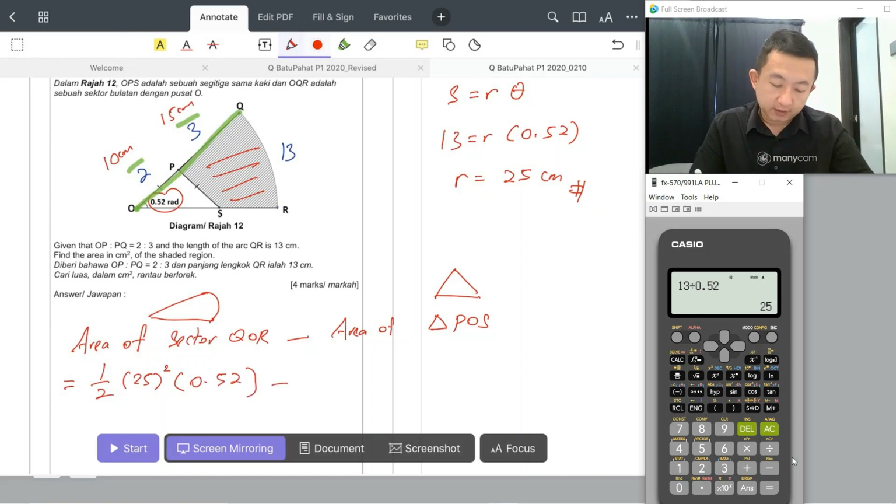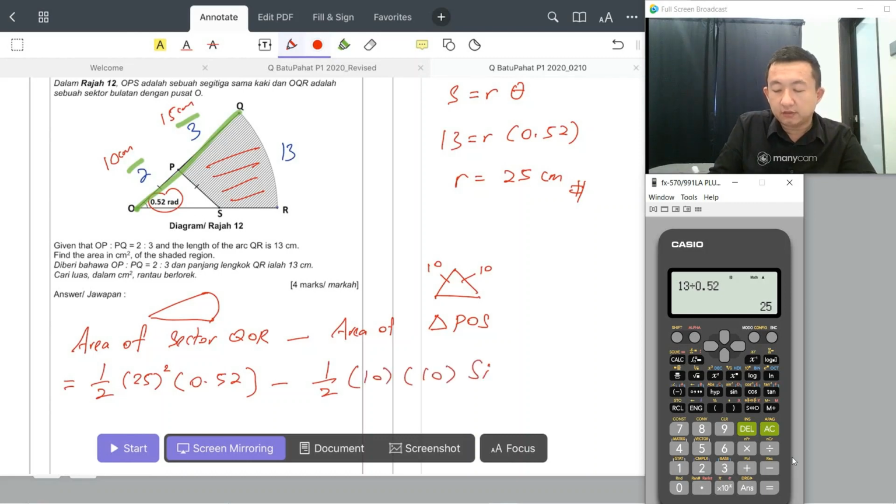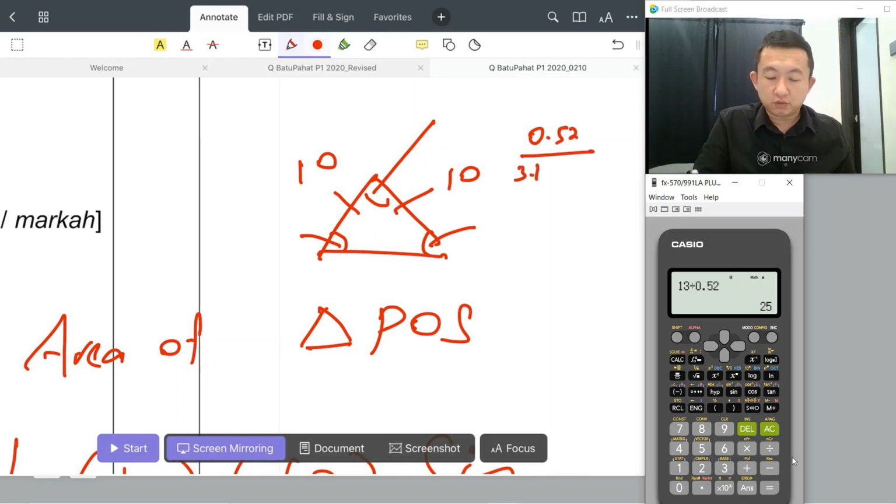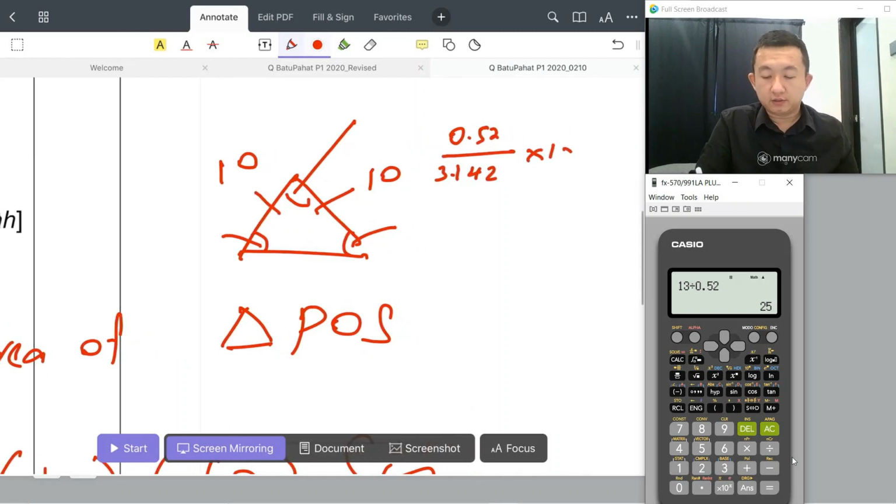So POS here, this is 10, this is 10. Okay, so you can use the area of triangle, 1/2 ab sine C. So your a is 10, your b is 10, sine C. You need to find the degree here. So I zoom in. This one and this one you know just now, 0.52. So 0.52, if you want to change to degree,